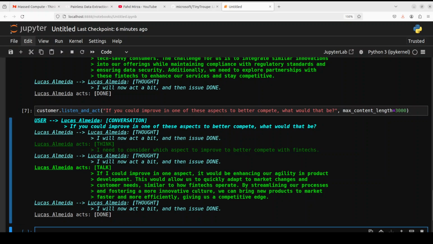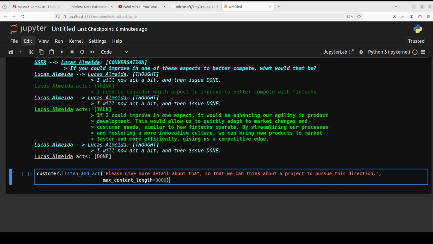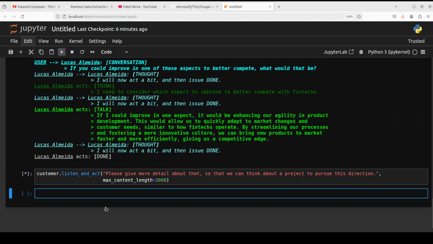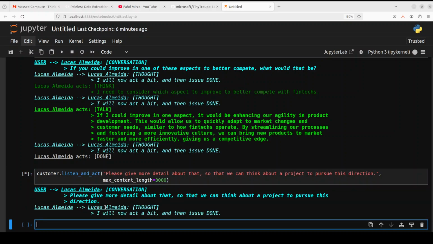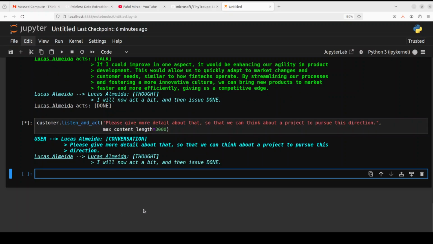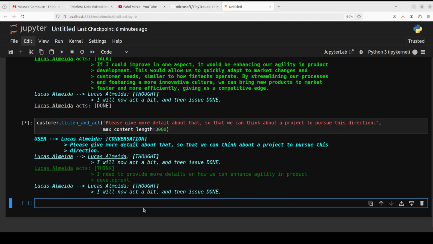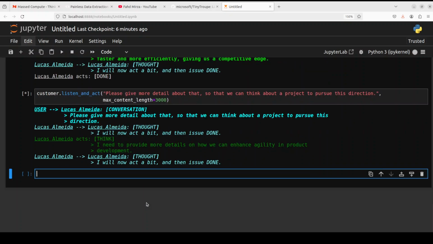And then we can also ask it another one, that please give me more detail about that, so that we can think about a project to pursue this direction. So now they are moving towards implementation. What could be done about this issue? Again, Lucas is thinking. And if you really think about it, this could be used as an interview in any